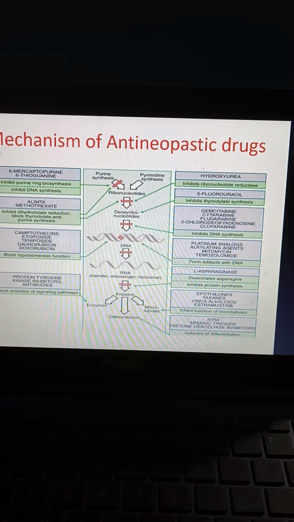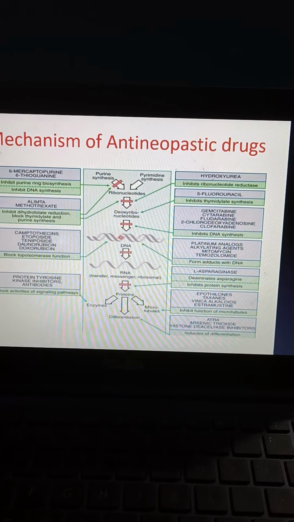This is a very good picture that shows the cell cycle non-specific drugs: alkylating drugs, nitrosoureas, anti-tumor antibiotics, procarbazine, cisplatin, and dacarbazine. These drugs act across G1/S and G2/M. But in the cell cycle, the M phase specific drugs are vincristine, vinblastine, and paclitaxel. These are cell cycle specific drugs.